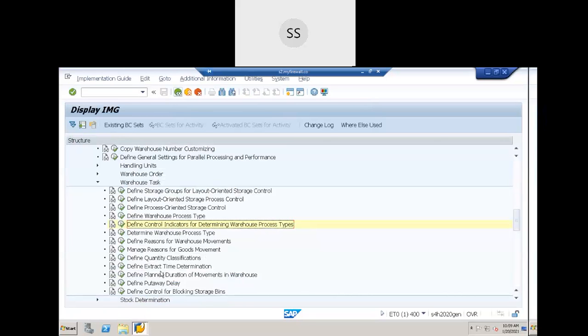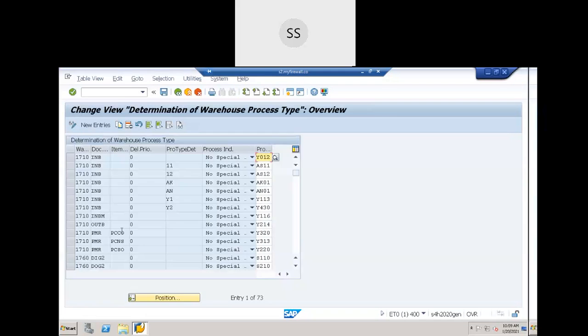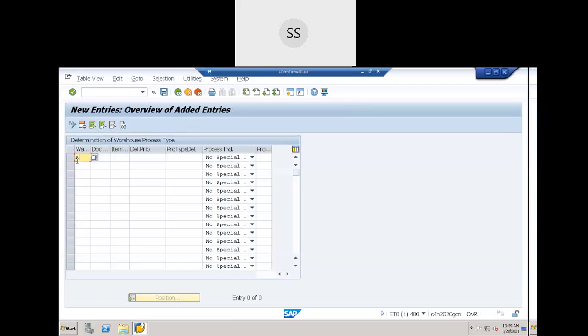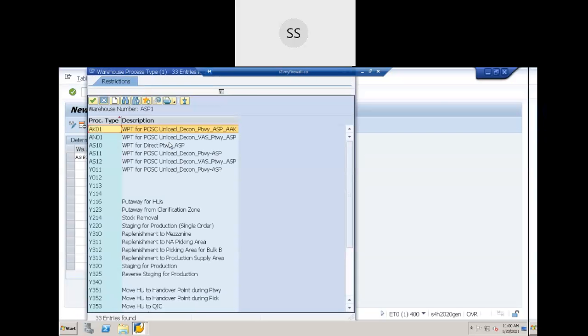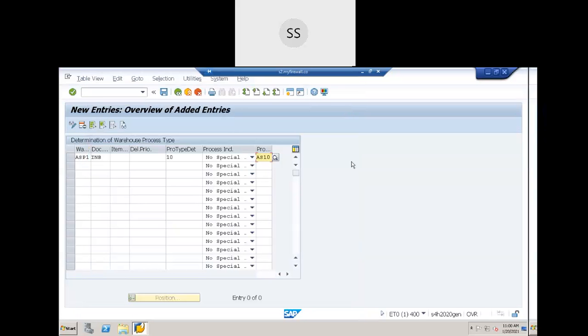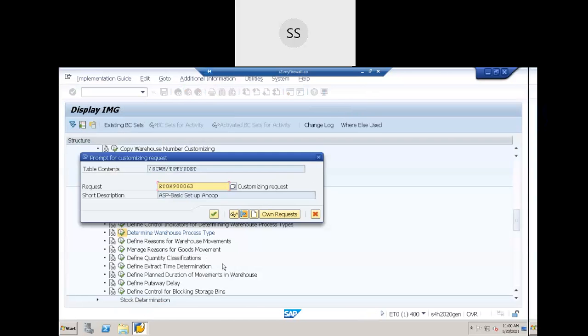Now the next is determine warehouse process type. Here I will create new entry. My warehouse is ASP1. My document type is INB, and my process type determination indicator is 10, and my warehouse process type is AS10. This is how we maintain the records here. And then,